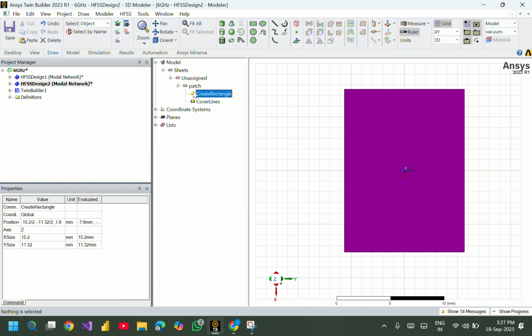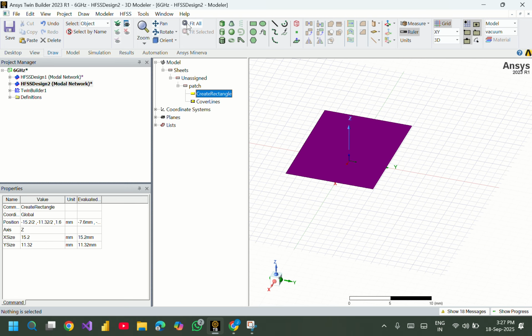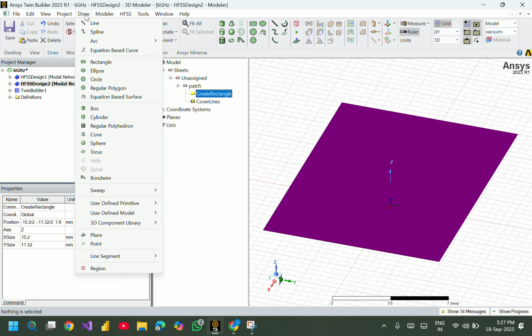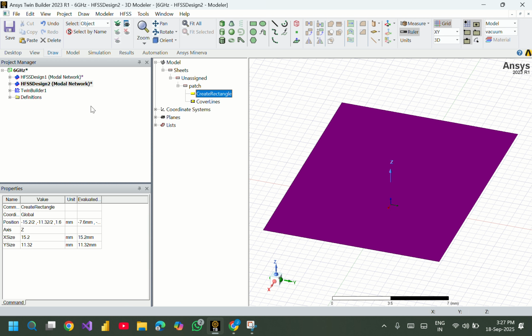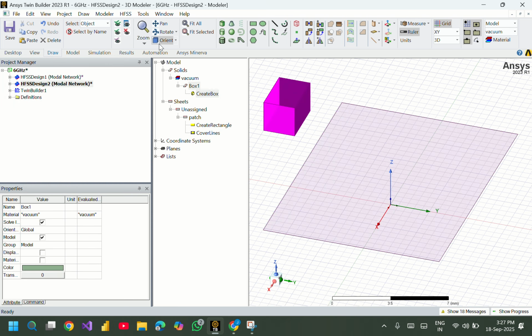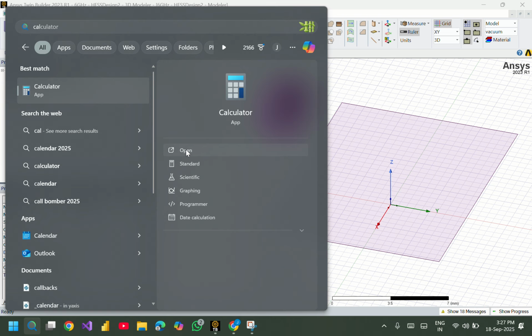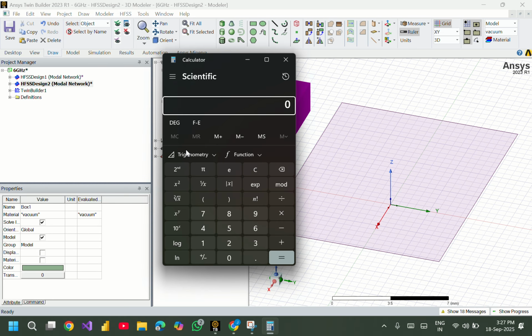After that we need to draw the substrate. For drawing the substrate we need the 3D box. Click here and drag it. Before drawing, you need to click orient so that you can easily draw the 3D box. After that we need to find the dimensions for the substrate, the 3D box. For that, use the calculator. The formula for finding the substrate size is